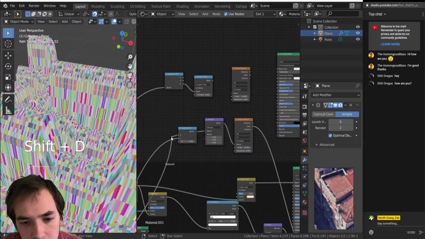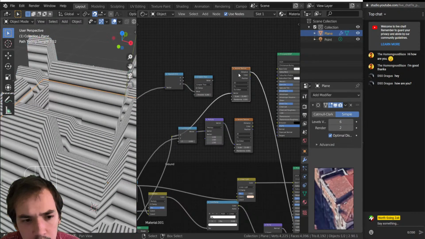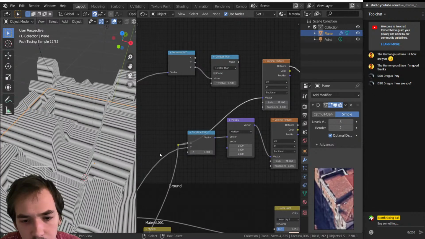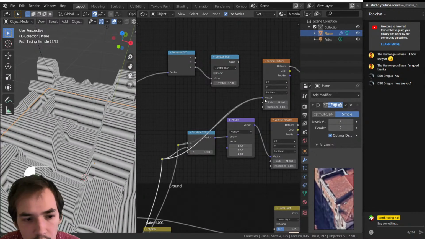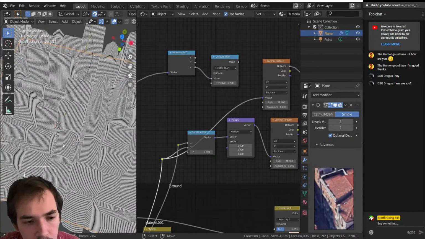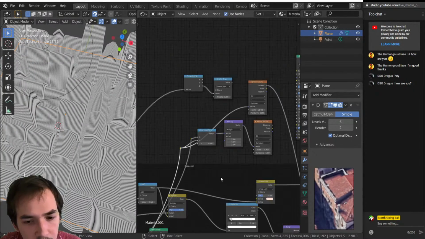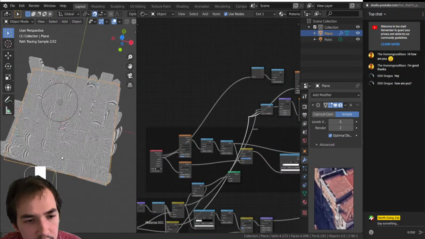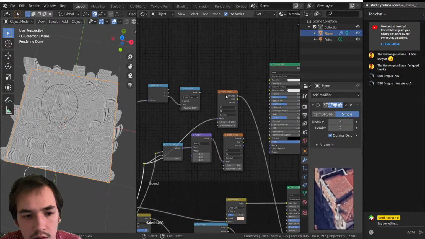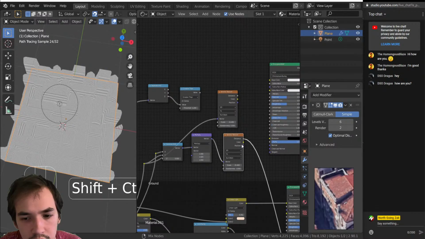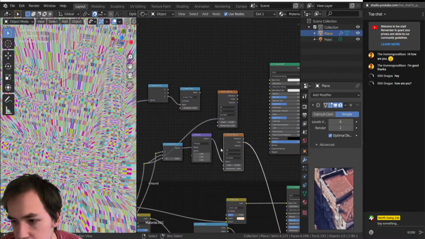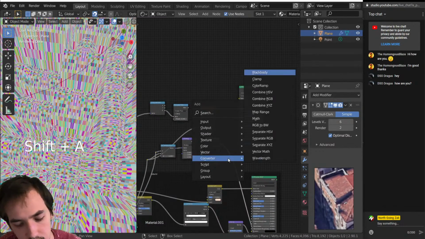So if I use this, that's going across, but no, I want to use the one going down, so it's Y. And you see, because of the way I have it set up back over here, Y means something else depending on the house. And so we have this, and we have the cells, and we can use this color ramp